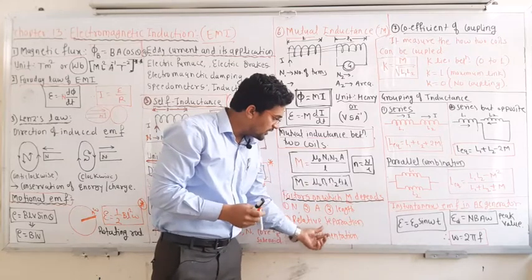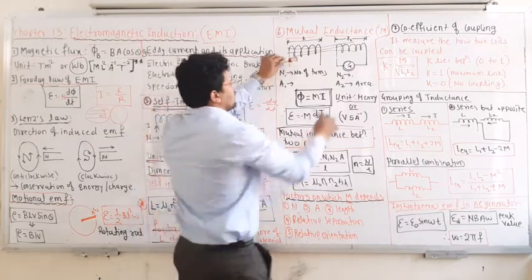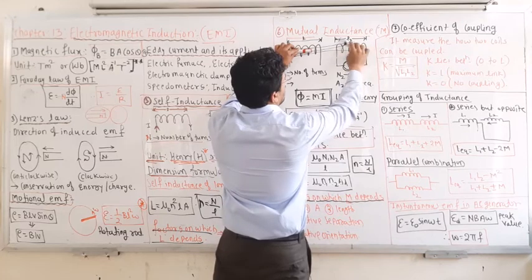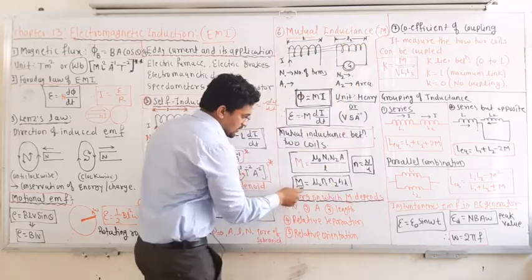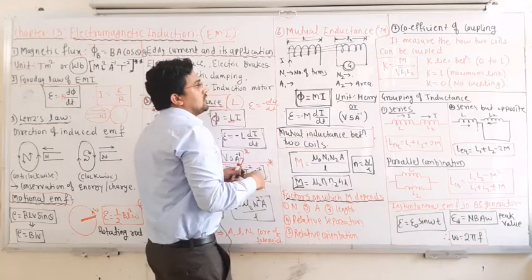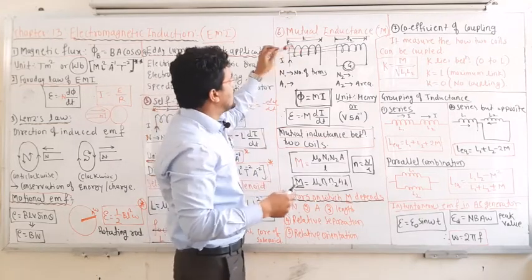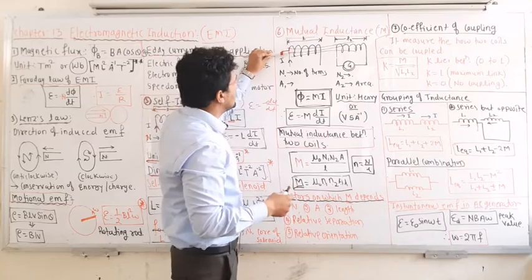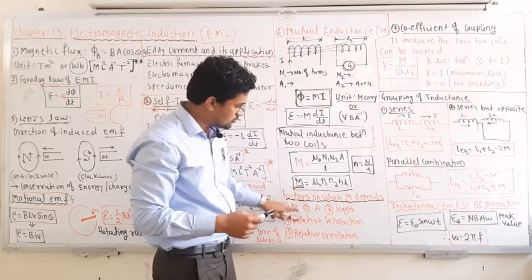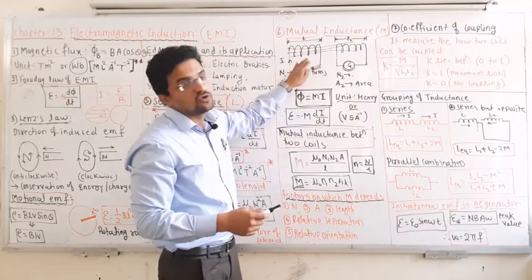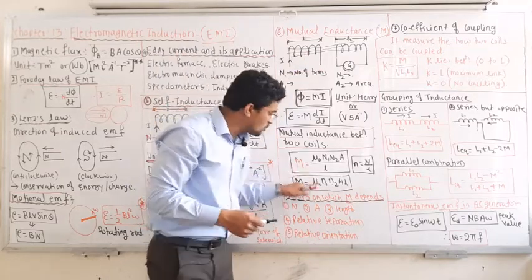And then the relative orientation, that means how these two coils are placed, whether they are parallel, or one coil is placed vertically or making an angle theta. On that factor also M depends. And also if any ferromagnetic material is inserted into the coil, then the mutual inductance will be different. So these are the factors on which the mutual inductance depends. You have to remember these equations.